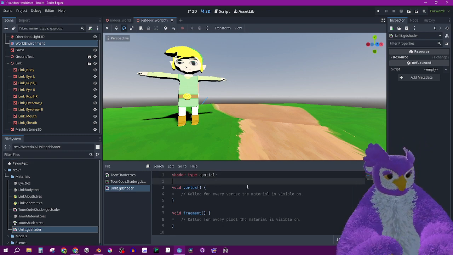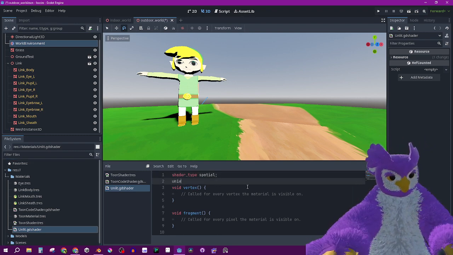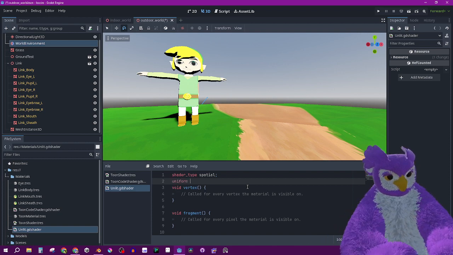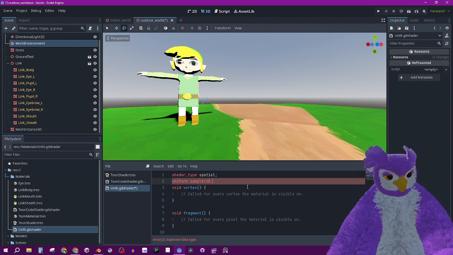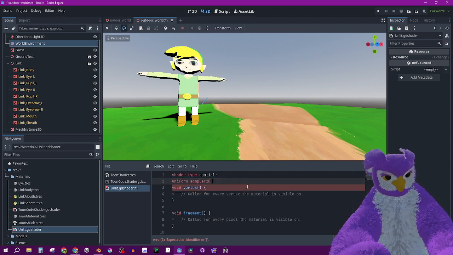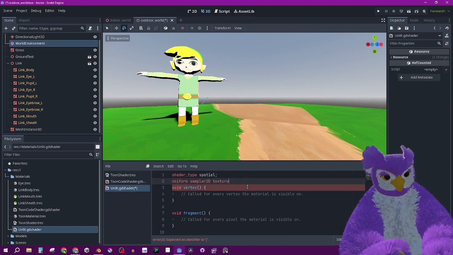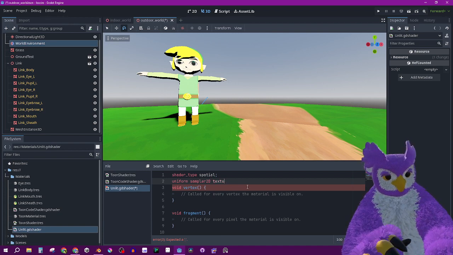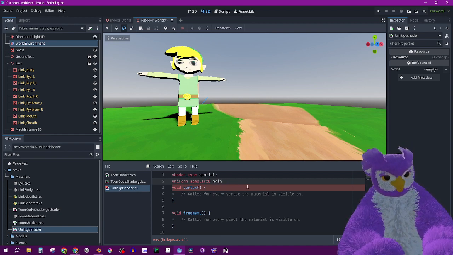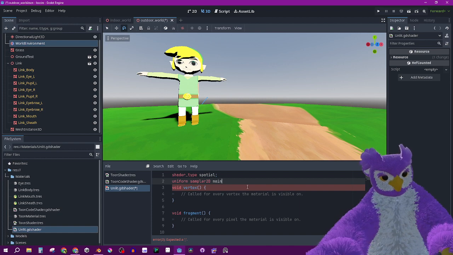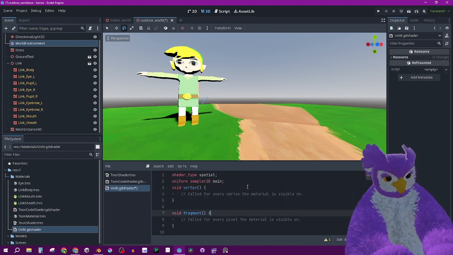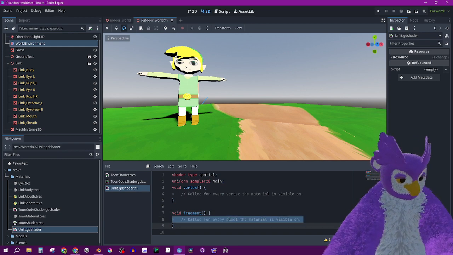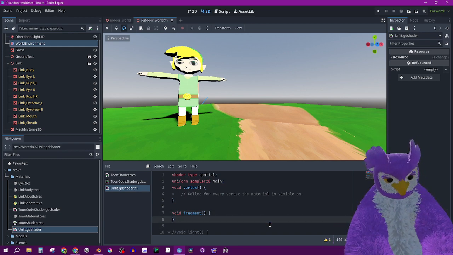So we'll have a uniform sampler 2D, then in the fragment, we'll just say